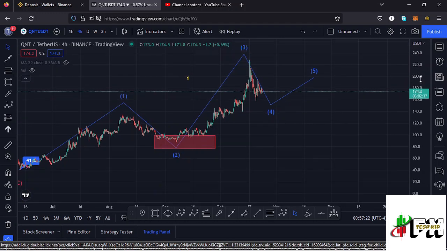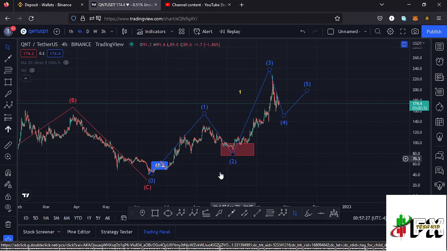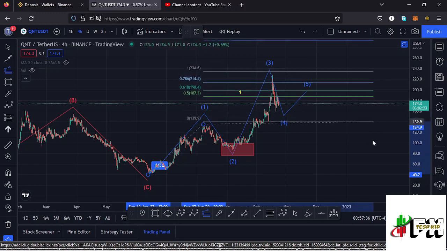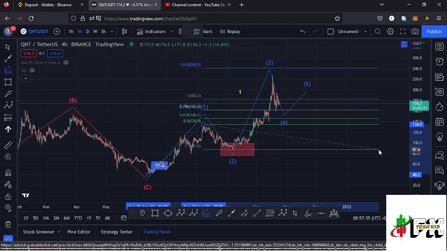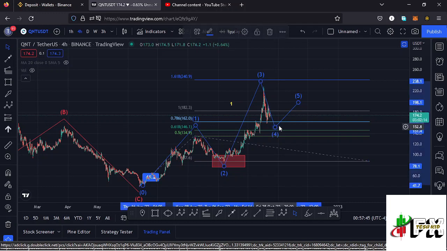in the formation of a wave 3, and we can also sketch out a target area for that third wave to the upper side using a trend-based Fibonacci, connecting it from the low of the wave 1 to the high of that wave 1, then dragging the fibs to the low of that second wave right there. And you can see we saw a very nice bounce to the upper side, and my target area for that third wave was at the fib level 1.618, and that is at around the $240.9 mark. But we made our high for that third wave at around the $228 mark,